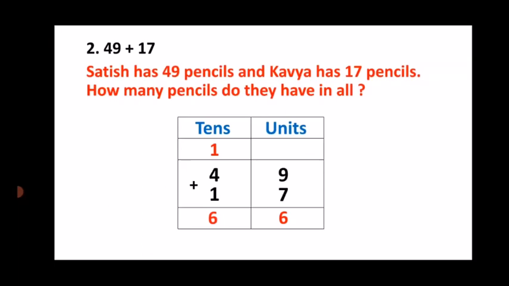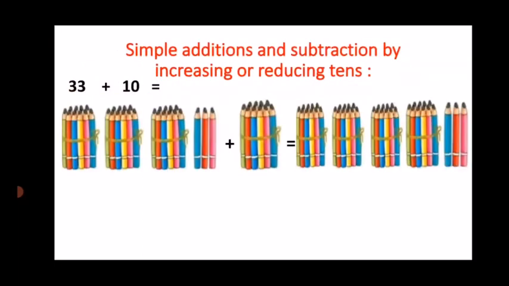Okay, very good children. Now we'll move towards our next exercise where we have to do simple additions and subtraction by increasing or reducing tens. So the sum here is 33 plus 10. So what we will do, we will add them and find out the answer of this, that is 33 plus